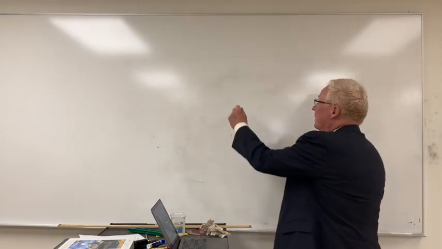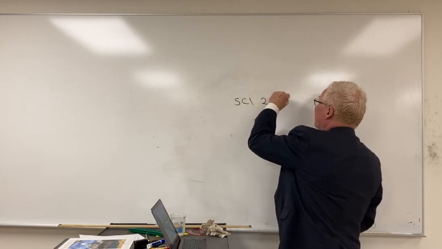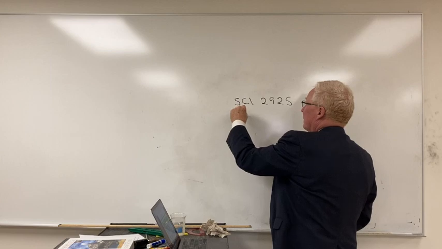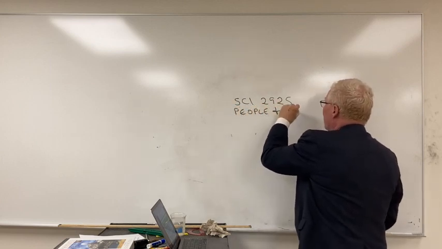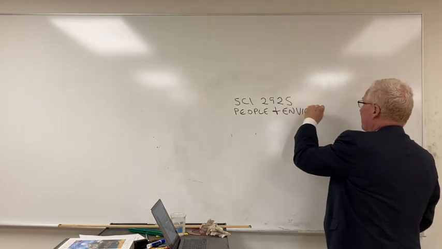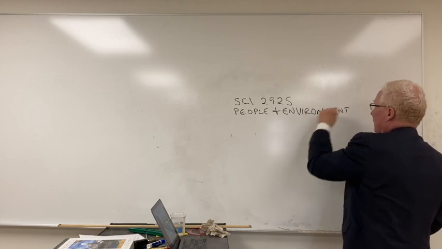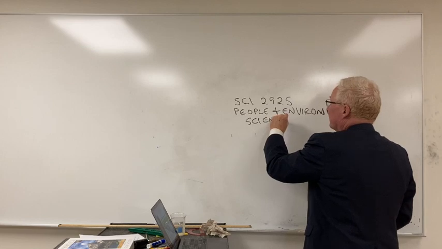This is Science 2925, on people and the environment. All right, science perspective. All right, I'm Dr. John Truitzen,